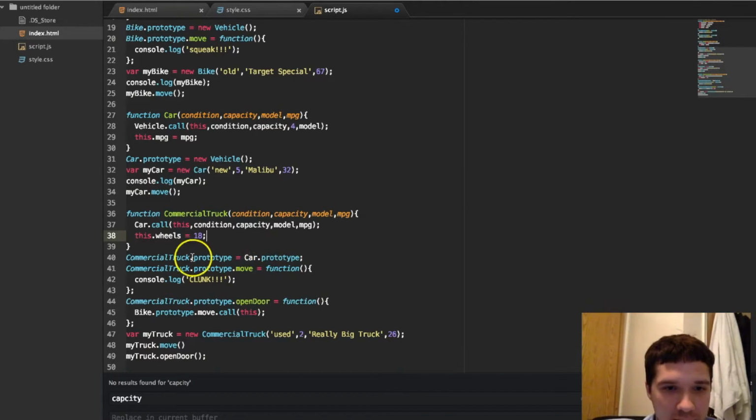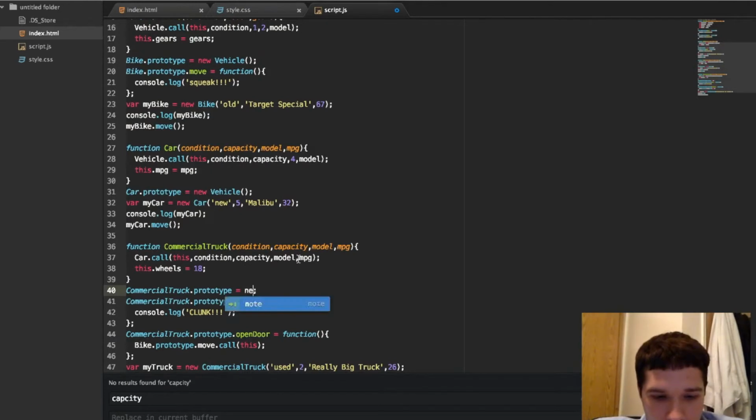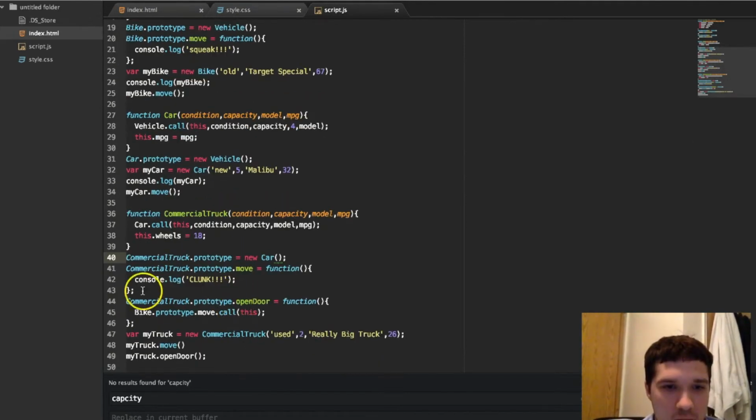So we're going to use the car prototype as well. Actually, the way we're going to do this is we're going to say new car. And that's the correct way to do it. And then we're going to overwrite the move function to be clunk. And then we're also going to add a whole other new function that doesn't exist in any other ones called